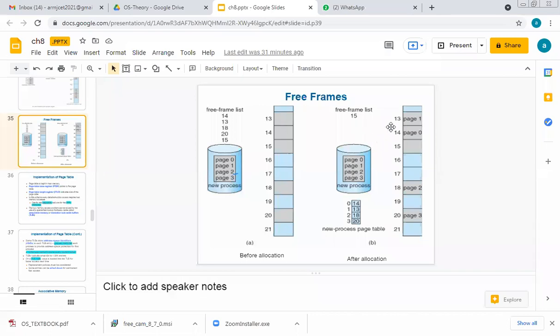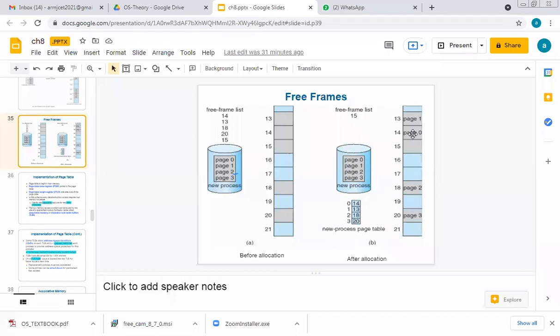I repeat, frames are continuously available. Usage is different, not in order, but really speaking, frame availability is continuous. That means if you don't say available, you can use the word allocated, or they are really present in order. Hence, we can say array. But what happens when we are fetching is that it dynamically keeps changing.